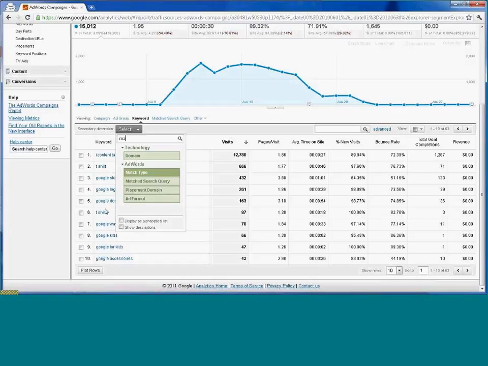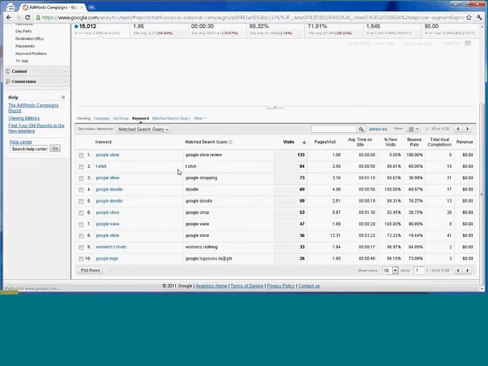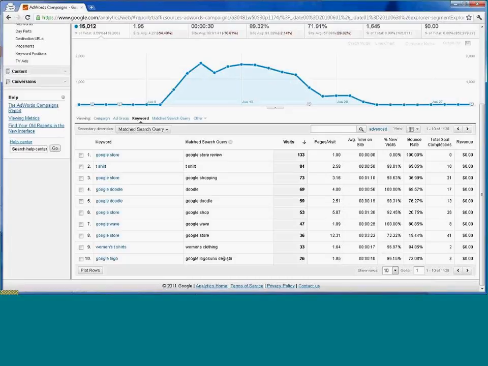So this is first looking at the keyword you're bidding on on the left, and you're saying, well, show me the additional context of the keyword. What was the keyword matched to, right? A very simple way to go back and forth, right? And you start to look for differences. Google Shopping instead of Google Store, and how did that perform? Did Google Shopping perform better or worse than I would have anticipated? And you can expand the number of rows, dive deep into this data,